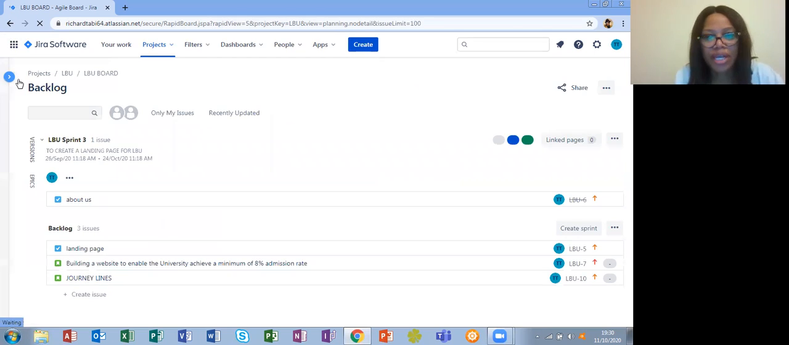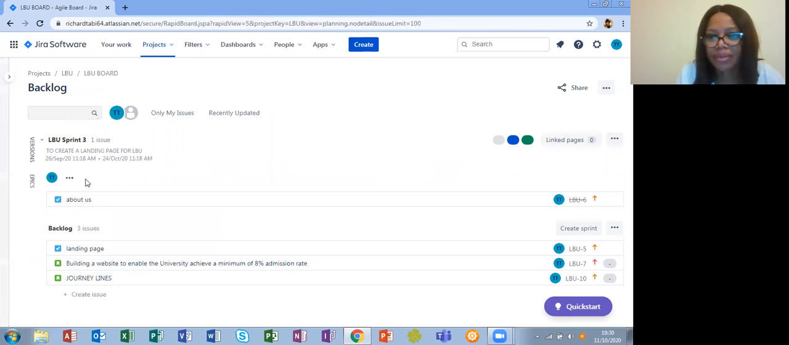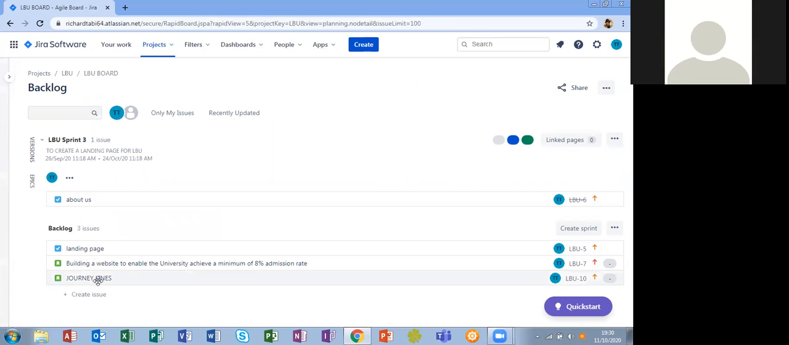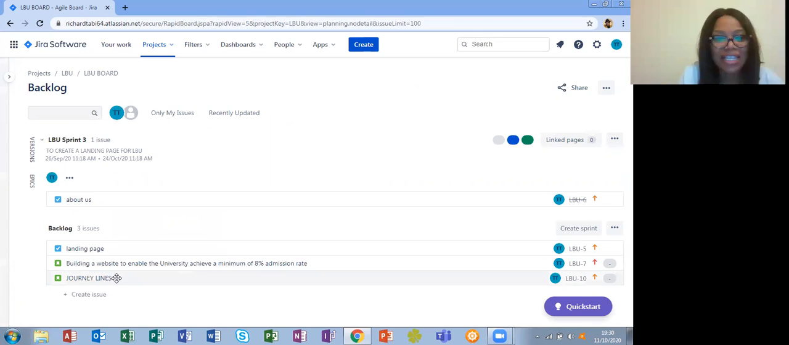Look at the story you created. Can you see the story you created? Journey Line is at the bottom. Yeah, there you go. You just created that story while you were in Confluence. You see how these two tools are working together, and it has given it a unique number, LBU10, on your